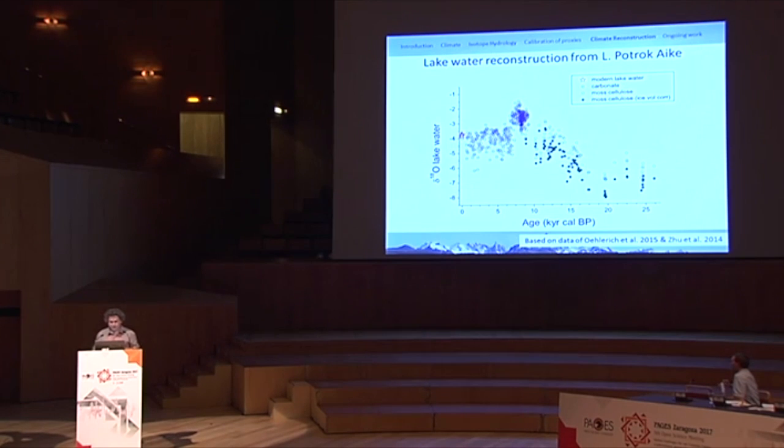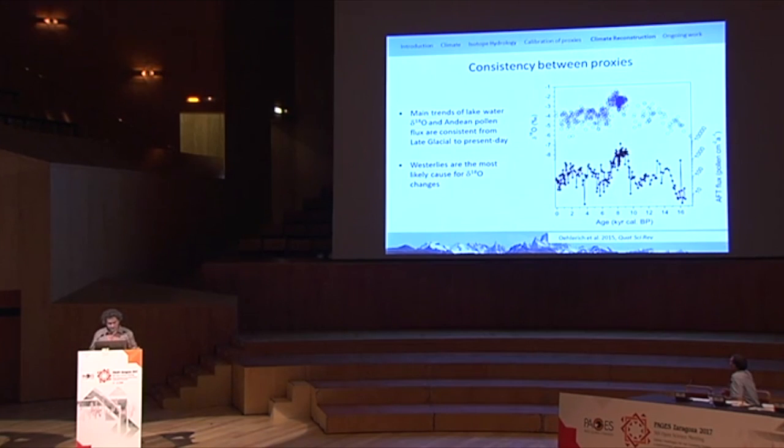And exactly at that point where this shift occurred, we have an increase, or the most extreme increase in the delta 18O values of the lake water. And this, of course, is interesting to study, and we would like to know if this is more related to evaporation, to extreme evaporation during this period at about 9,000 to 7,000 years ago, or, which is less likely, to more easterlies. And we can compare this with an older record showing the input of allochthonous forest pollen into Laguna